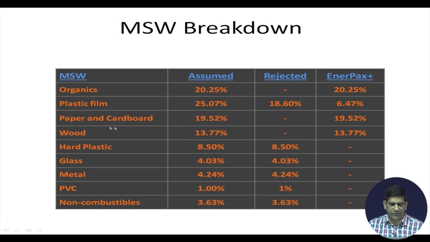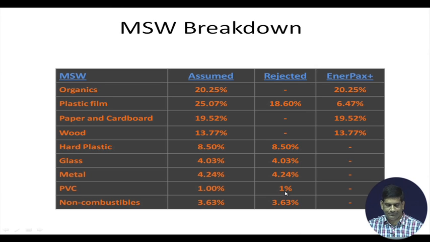These are organics, plastic film, paper and cardboard, wood, hard plastic, glass, metal, PVC, and non-combustible. Although it says this is what's coming into the system, this actually came from one of the earlier studies on the percentages of the waste that comes in. Out of that, certain material gets rejected because it cannot be used, and the rest is used in NRPAX material, and the other stuff which cannot be used just goes off as waste material,